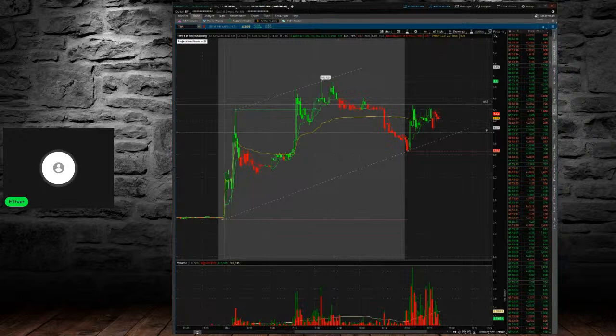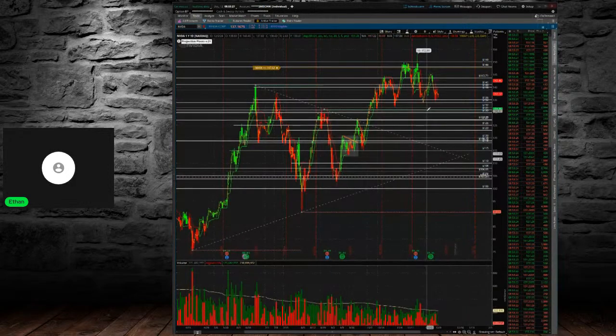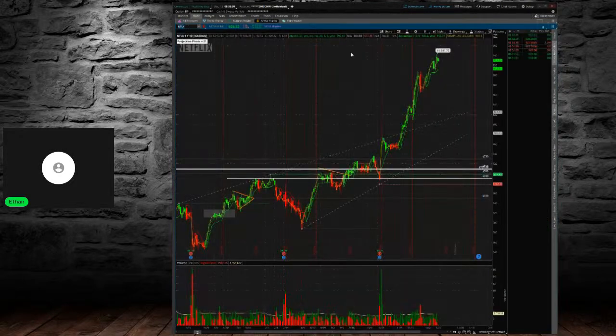Kramer said he's bullish on Netflix. Yep, time to buy some puts. Netflix has gone insane. I'm honestly pretty sad that I've missed a lot of this, actually all of this move. I was pretty interested in Netflix around 700. Had a little swing trade on it at one point. I think actually it was back in here is where my swing trade was, but